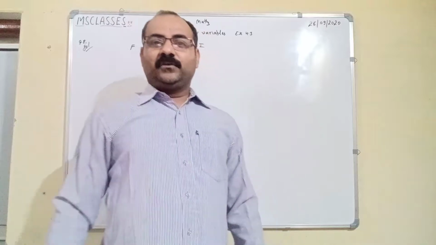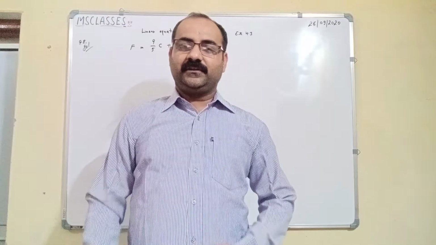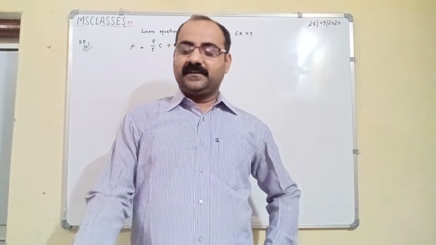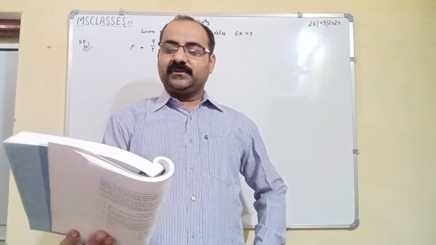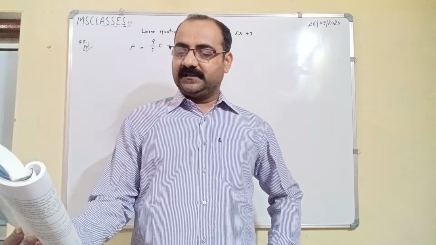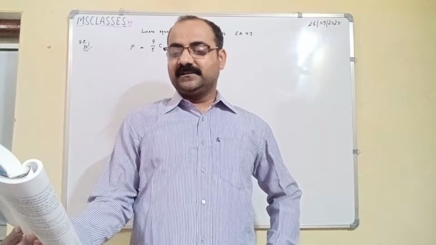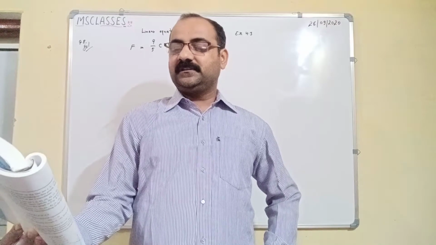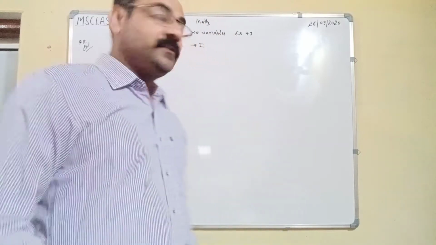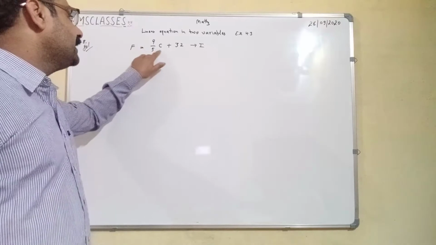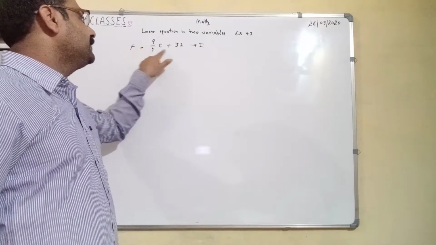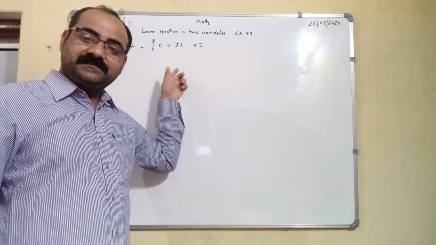So guys, today my topic is linear equations in two variables, class 9, exercise 4.3, question number 8. The question is: in countries like USA and Canada, temperature is measured in Fahrenheit, whereas in India it is measured in Celsius. Here you are given a linear equation, F is equal to 9 over 5 C plus 32. So your equation is F is equal to 9 over 5 C plus 32. This is the linear equation in Celsius and Fahrenheit.